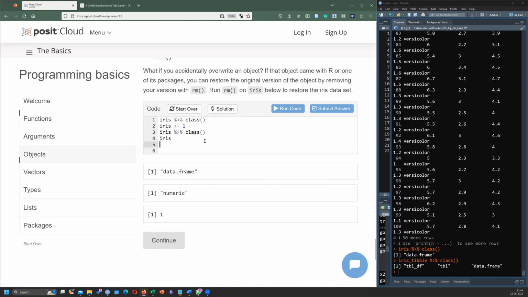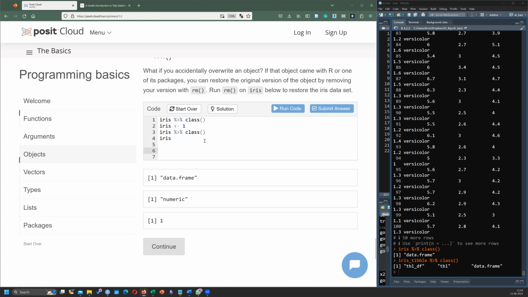But once you have overridden it, if you want to remove this object, you can say rm, which is the shortcut for remove.